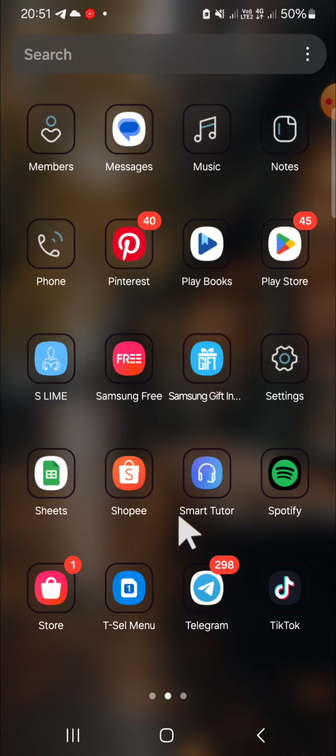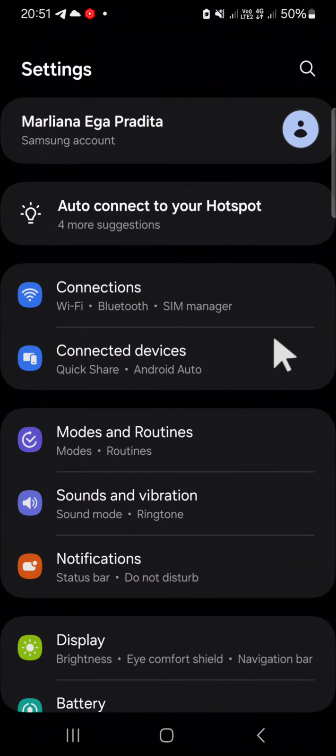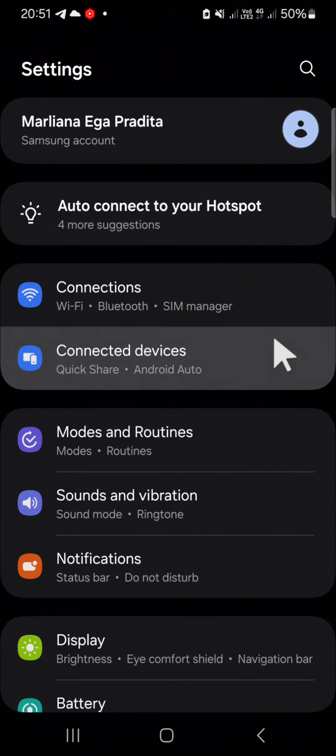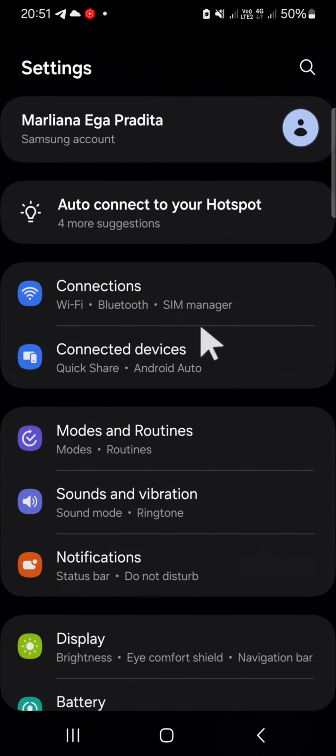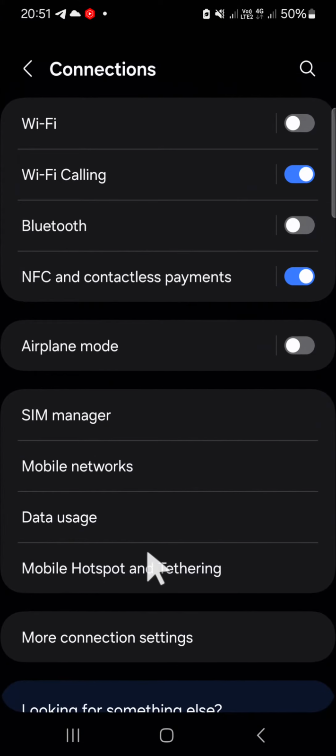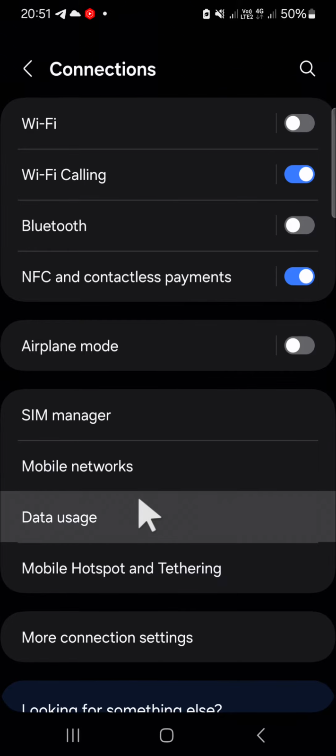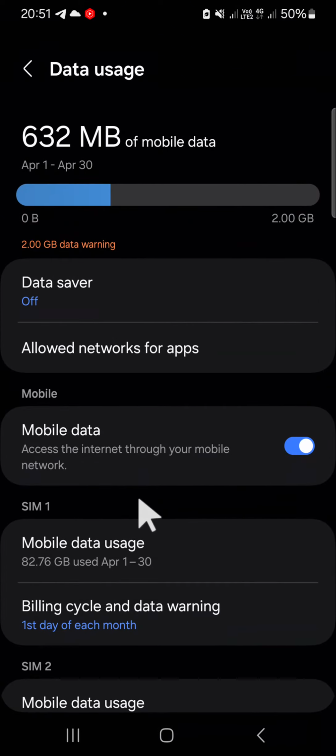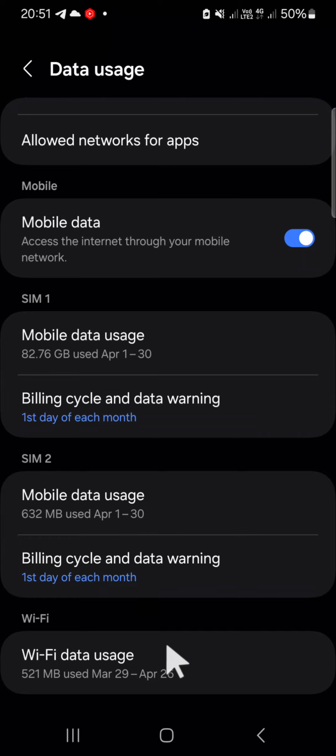Okay, let's get started. First thing first, we can open our settings application, and after we have our settings application opened, we can go to the connection setting. Click on connection setting, and here you have to go to the data usage. Okay, and you can scroll down a little bit, and this is my Wi-Fi data usage on my Samsung Galaxy